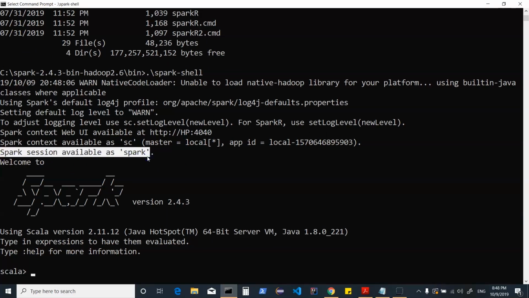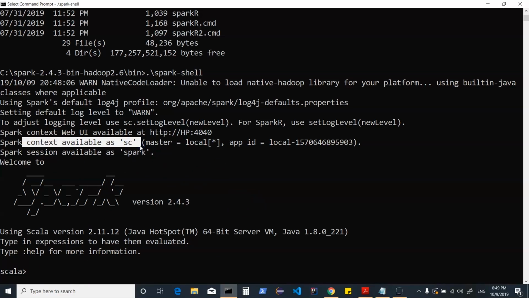This allows me to work either with the RDD API using sc, or I could be creating a data frame using spark. Both of these classes have been initialized and they will act as an entry point of my application into the cluster. In older versions of Spark, which is 1.6, we still had Spark context available.